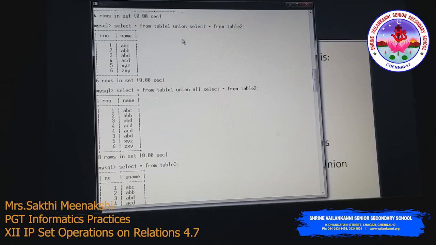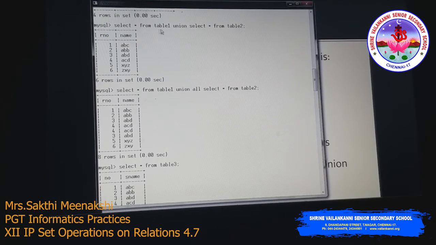We already know table 1 and table 2. They have roll number and name. From the first table we have 1, 2, 3, 4, and from the second table we have 3, 4, 5, 6. Here I have written select asterisk from table 1 union select asterisk from table 2. All the records from table 1 and table 2 are combined under the common column names, roll number and name, taken from the first select query.